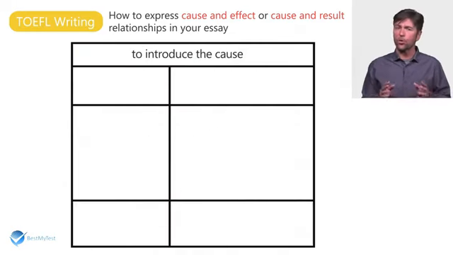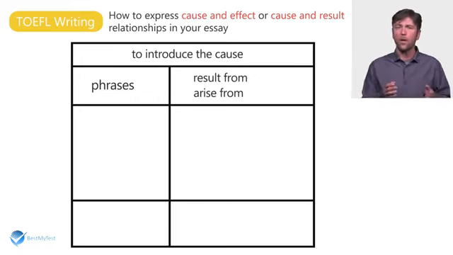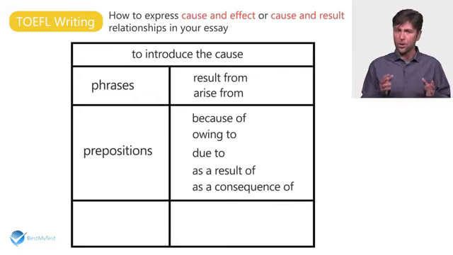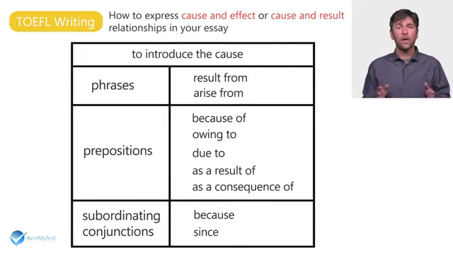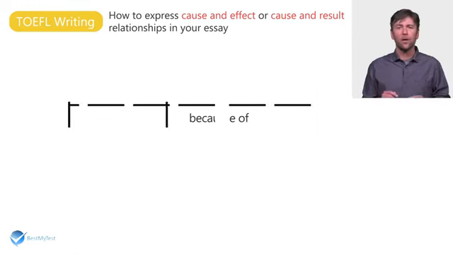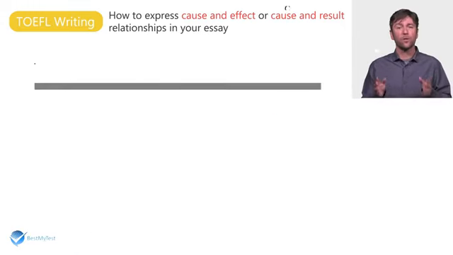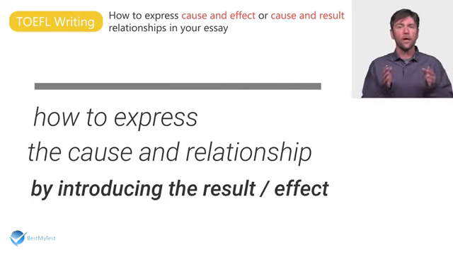So far, we've talked about how to introduce the cause using phrases like result from and arise from, prepositions like because of, owing to, due to, as a result of, and as a consequence of, and subordinating conjunctions like because and since. All right, it might be a good idea to take a 5-minute break and then review what you've learned, because in the next section, we're going to talk about how to express the cause and effect relationship by introducing